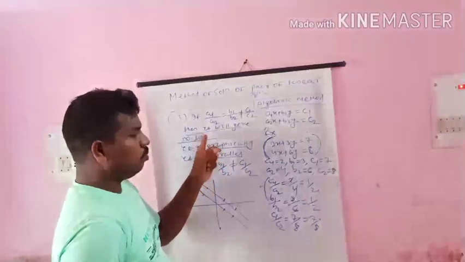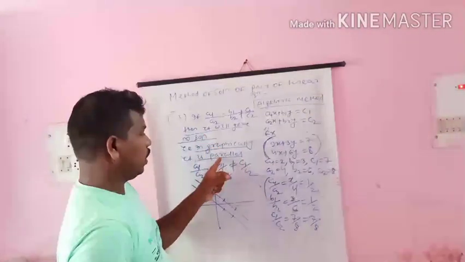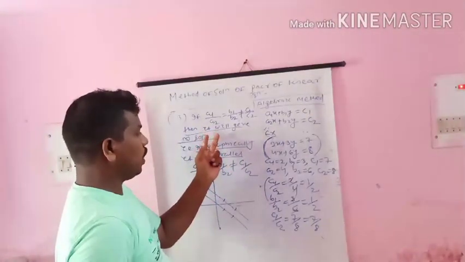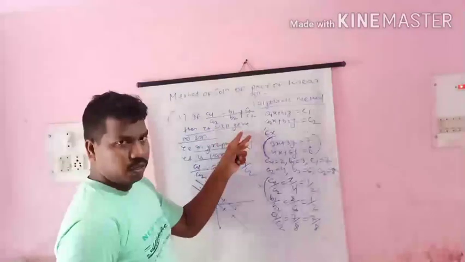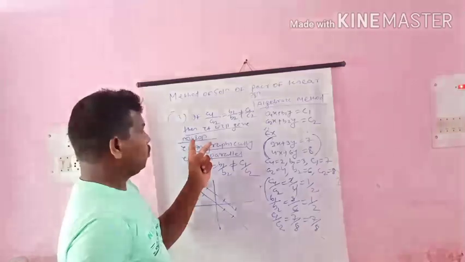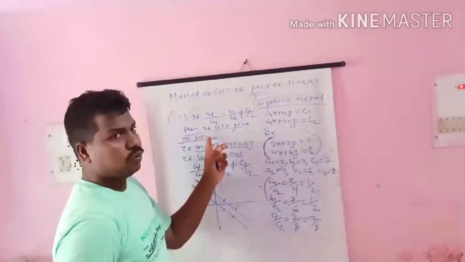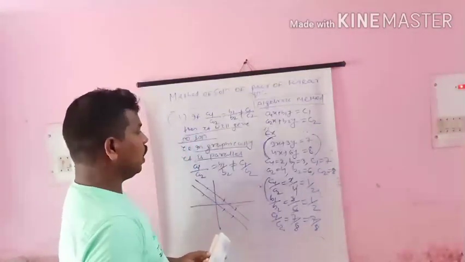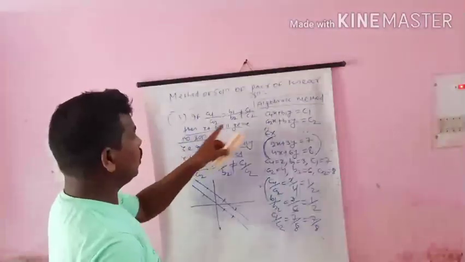So we must remember two names, that is no solution or parallel. Question will come either as no solution or parallel. If two equations are parallel, then what is the value of K? Or the question will become, if two equations will give no solution, then what is the value of K? So we have to remember two names for each solution.